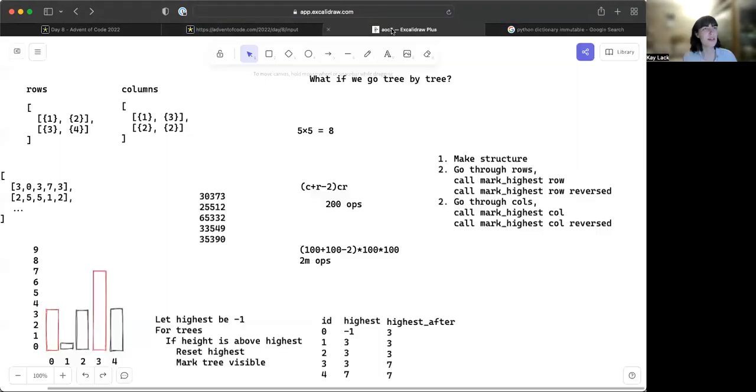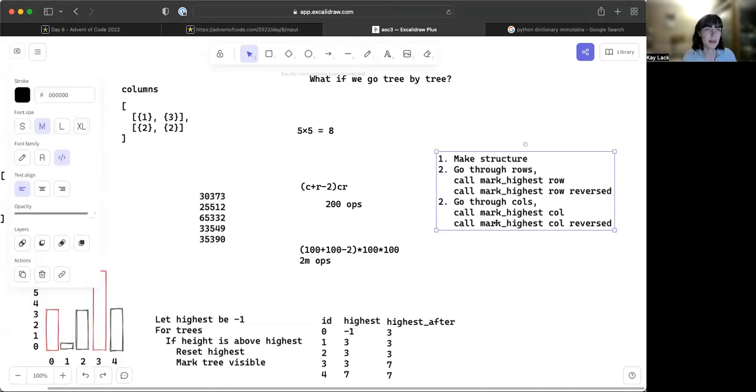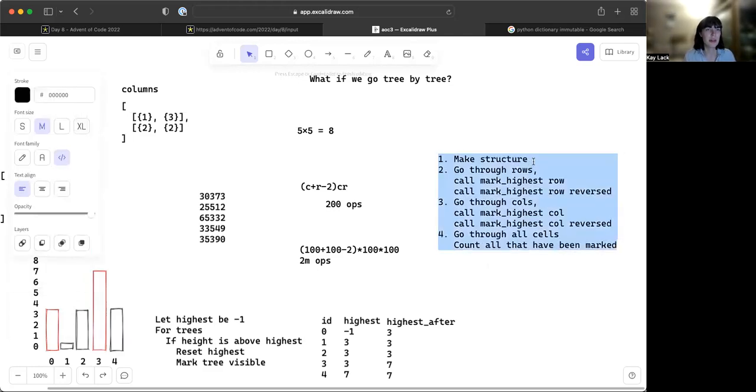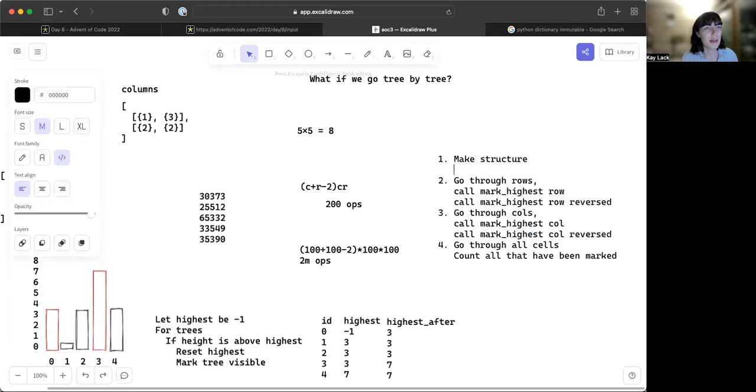Yeah, they're mutable. That's good. And we need to have a mark. Well, and then we go through all cells, count all that have been marked. So make structure by going through